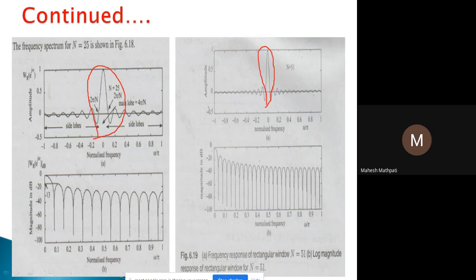तो क्या मतलब है उसका? विड्थ आपका मेन लोब अगर आपका कम हो रहा है, so that is indicating the transition band is reducing. ठीक है, so transition band वहां पे हो रहा है, like you are getting less means the ripples are also going to be reduced. So if you look at into this part, और यहाँ पे देखो, इसके पार्ट्स देखो, राइट? तो यहाँ पे रिपल्स कम हो रहे हैं आपके,